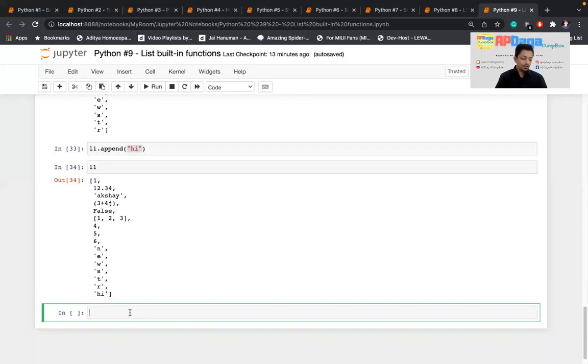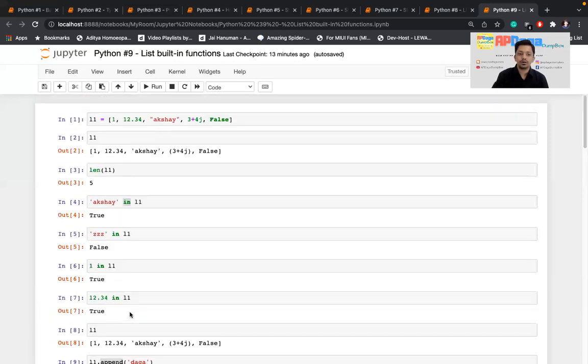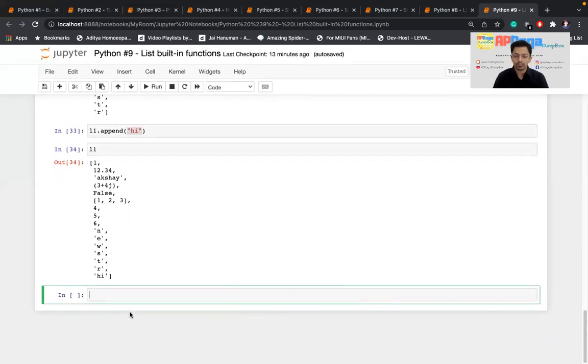So I think that's enough, guys. These are the basic functions. There are some more built-in functions available on list. For now, this is enough. All this kind of operation you can do using list. I hope you got some idea, some information about the list, how you can use list, how can you do some operation on list in Python.